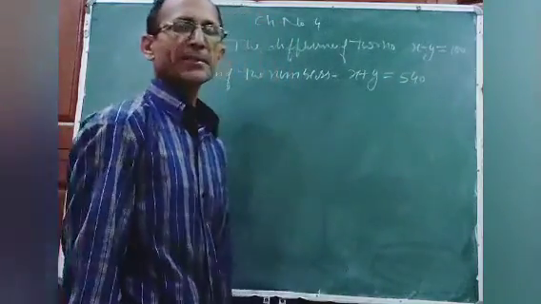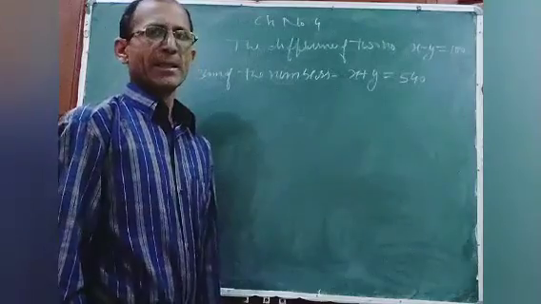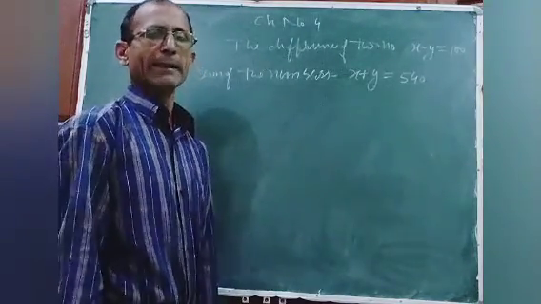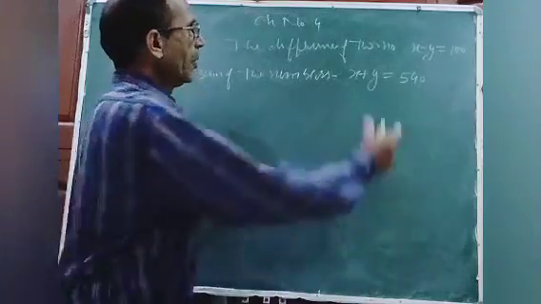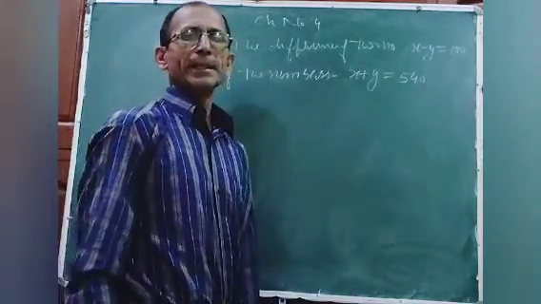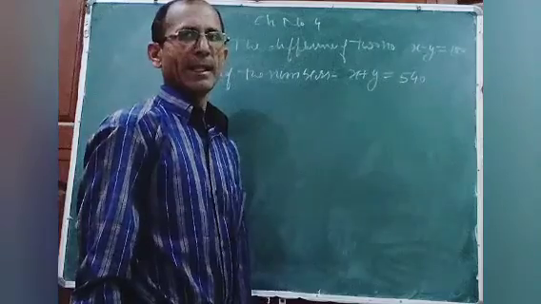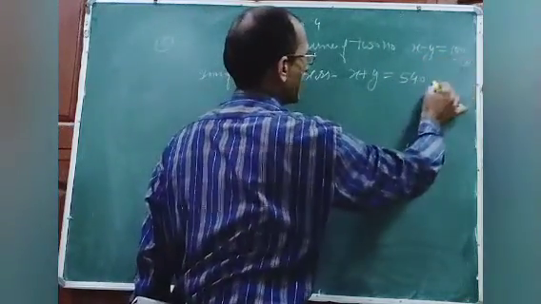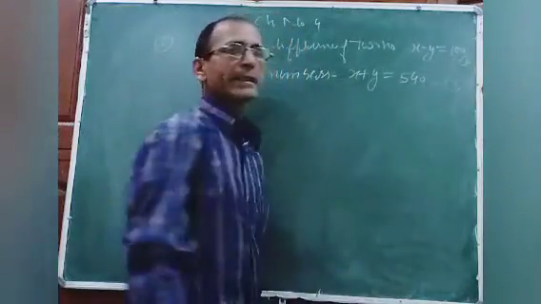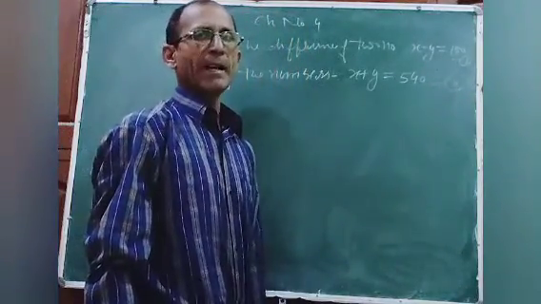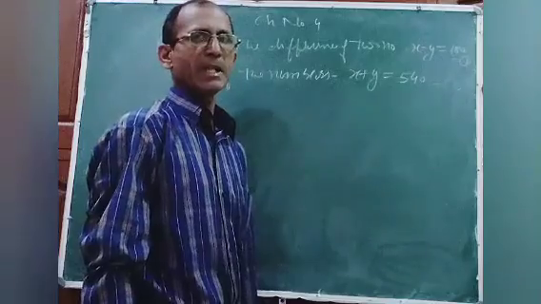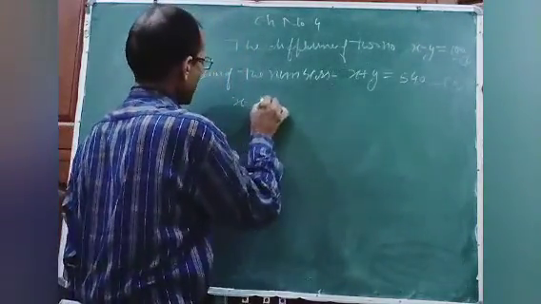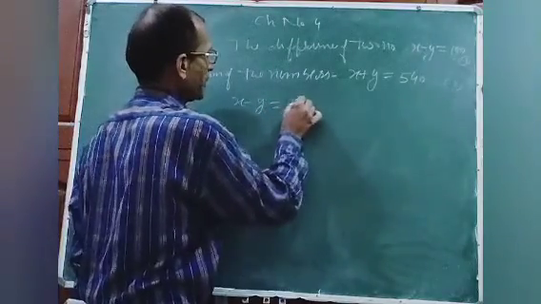Students, pay attention. There are two methods. One we have not done because that will be in class 10, the elimination method. What is elimination method? These are two equations. This is equation first and this is equation second. Both the methods I will tell and which will be easy for you. Try to understand. So, x minus y is equal to 100.